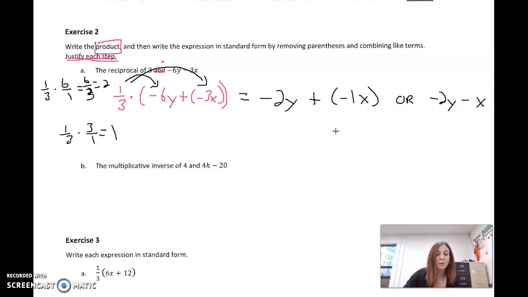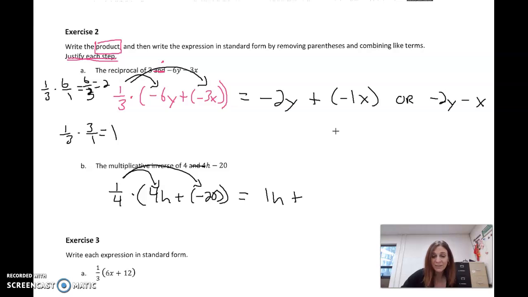Okay, multiplicative inverse. That's the reciprocal of 4. So that's 1/4. And that's where we put our times sign. 4h minus 20, plus a negative 20. Okay, so what's 1/4 of 4? 1. So that's 1h. Okay, plus